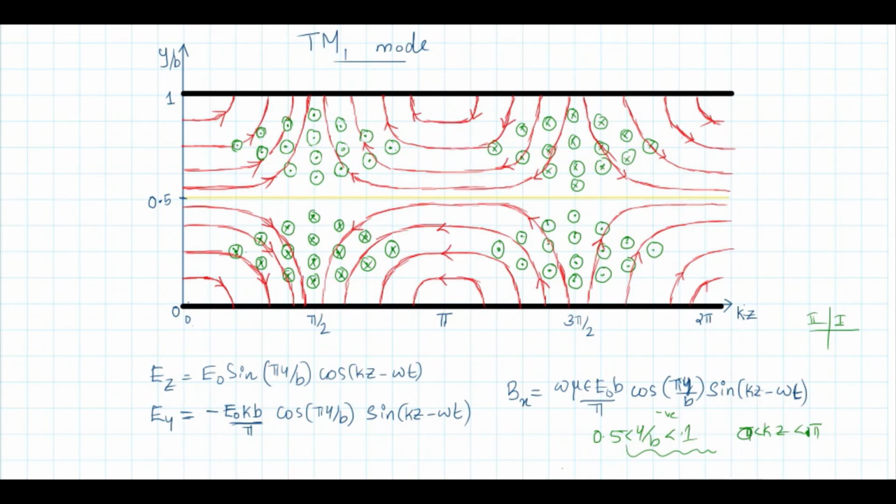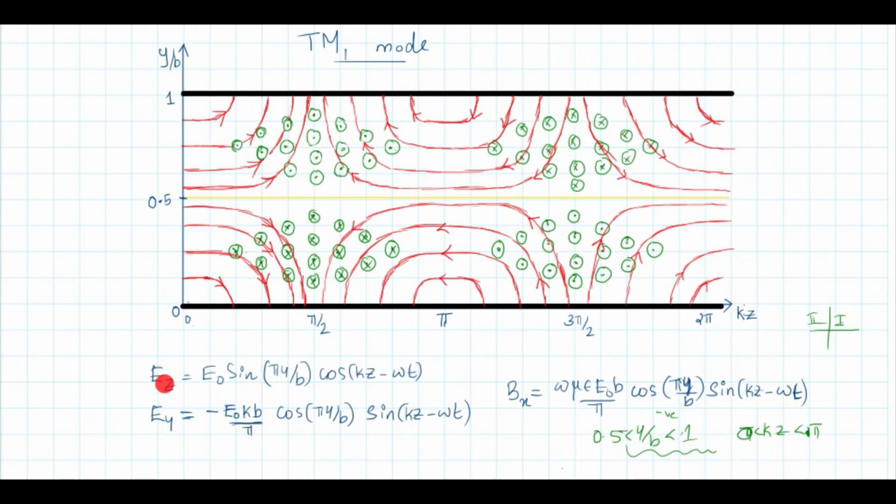In this region, kz is between pi and 2 pi, that is sign is negative. This cos is also negative. So negative into negative becomes positive. That is along positive x direction, that is into the plane of the board. So I think it is clear, the configuration of magnetic field between the plates.